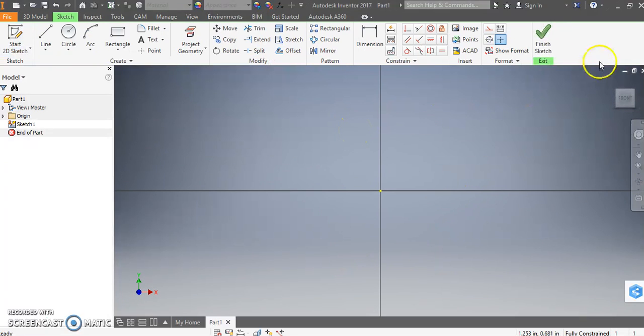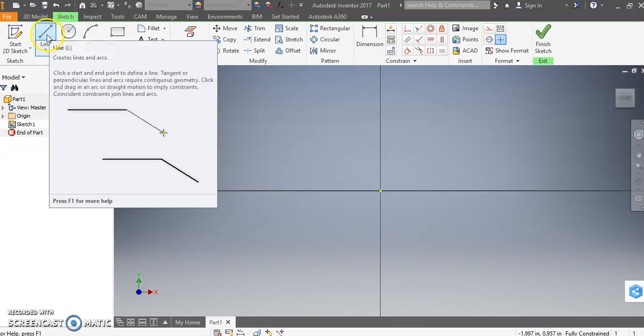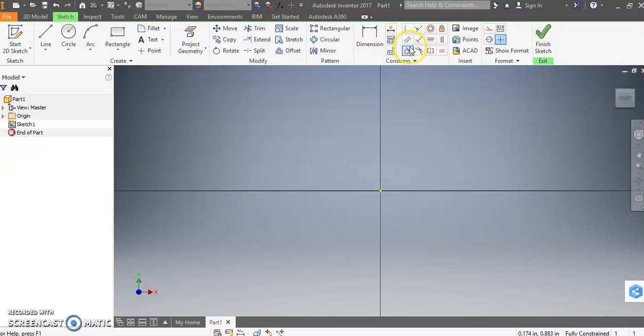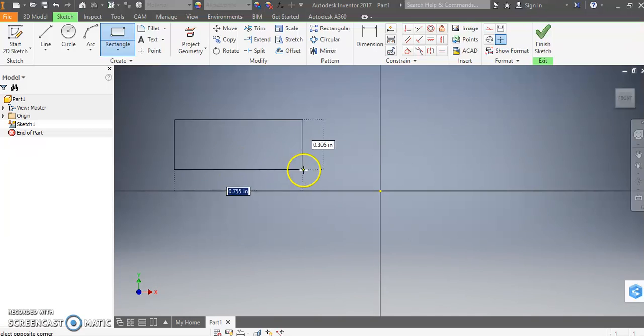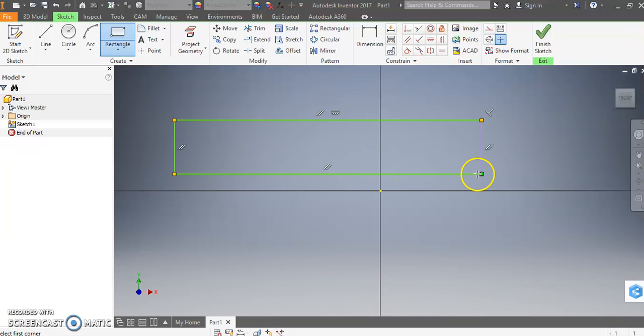Clicking that plane opens up a new set of tools in our ribbon. We have what is our sketching toolbar. You'll notice that over here, the tab for sketch has been opened and highlighted for us. We're going to sketch a rectangle. Now, in class, we should have gone over how to use a line and the constraint panel and different options here to force a set of lines into a rectangle. For your model, you can start with just a rectangle. Okay,